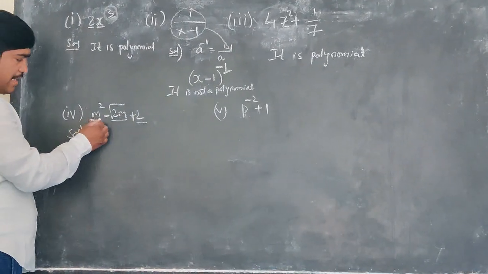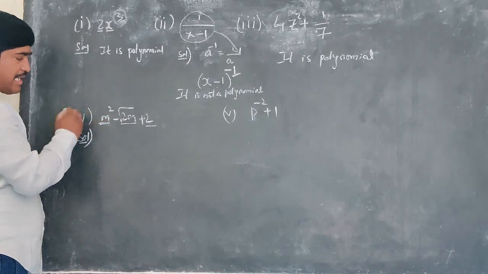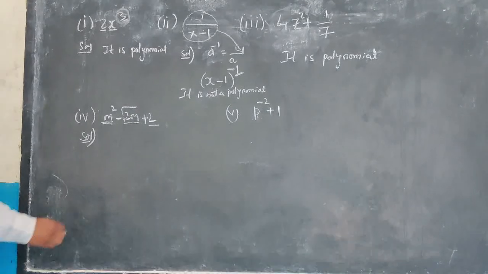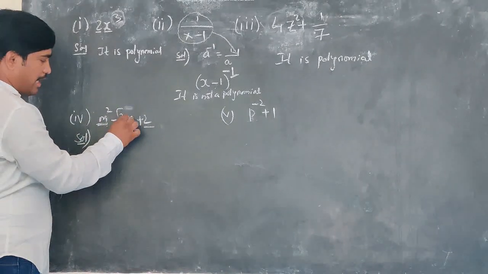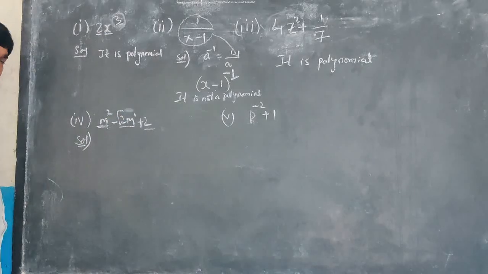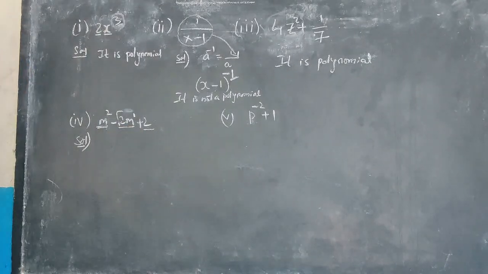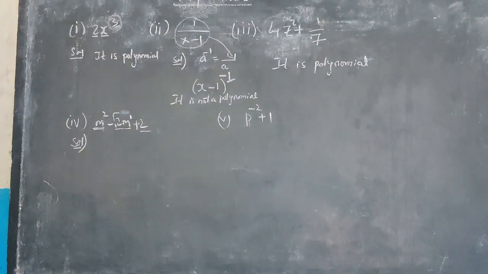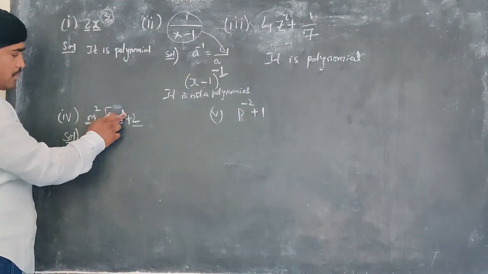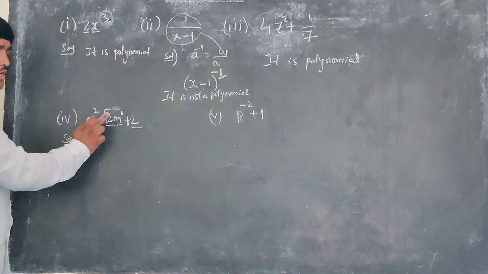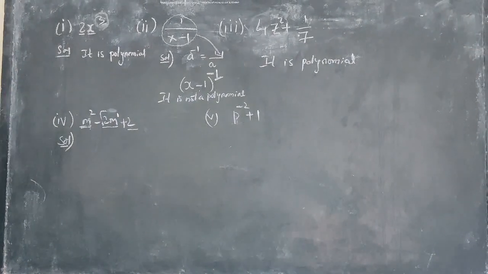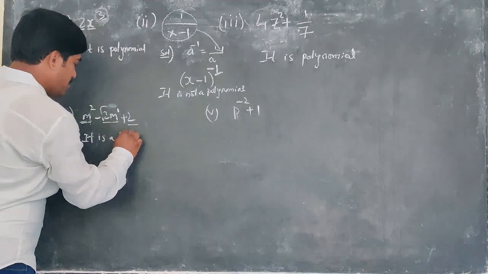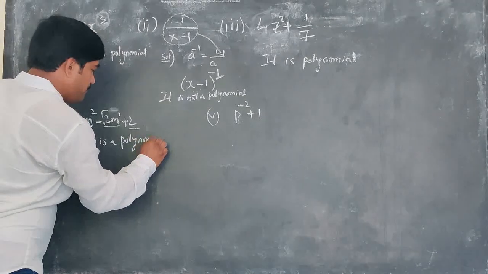So if I check out this m as a variable, now this 2 is nothing but a non-negative power again. Similarly, if I go for this root 2m, now this m is having nothing as a power. So when there is nothing, we can take 1 as a power because the power 1 does not affect any term or a variable. So here, if you observe, both the variables are having non-negative powers again. So they are positive powers only. So it is also a polynomial.